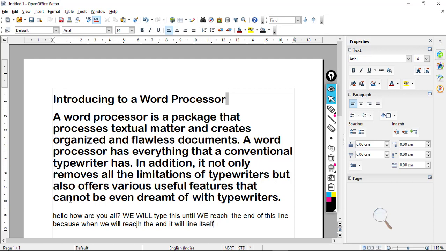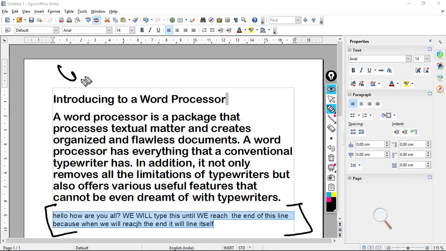You might be able to see that I haven't pressed the enter key, and when I was typing, it automatically switched to the next line. This feature is termed word wrap. Word wrap is a feature which helps bind your text within your page margins, so that your text will not leave the page, even if you reach the end of your line.